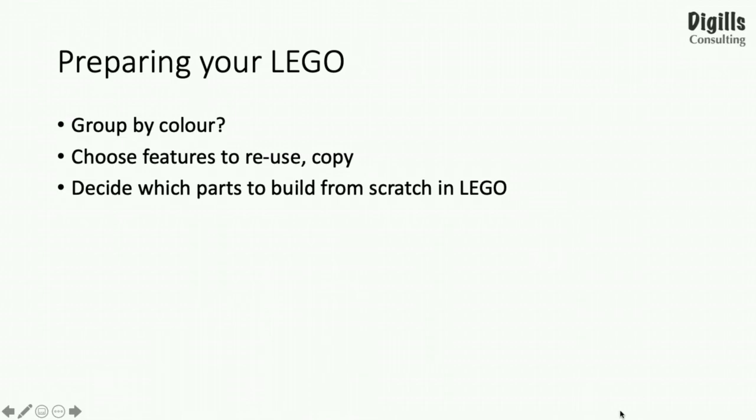So maybe you group by colour, maybe you put pieces that might be a bit different, like from a Technic kit or something like that, in one particular place. But however you do it, that might again give you some inspiration by helping you see what pieces you've got, which bits you might copy or reuse. So if you've got kits on the shelf in your bedroom or wherever, you might be able to think about incorporating those. As I said, as long as you credit those, you can totally do that. Reuse them, or use those as an idea and then build something slightly different, but with that as an inspiration. That's fine too. So decide which bits you're going to build from scratch, which bits you're going to copy, and